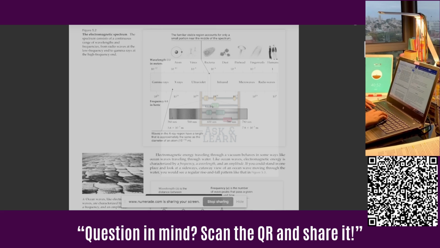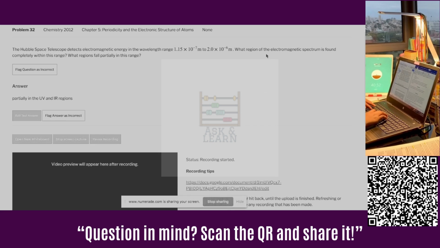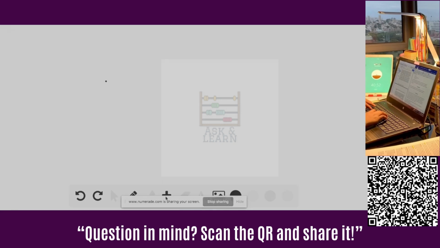Okay, so to answer this question: what region of the electromagnetic spectrum is found completely within this region, and what region is partially in this region? I'm going to need to type it up. So it's partially, I'm going to go with that first. Partially found: UV and infrared radiations. Completely: visible rays are